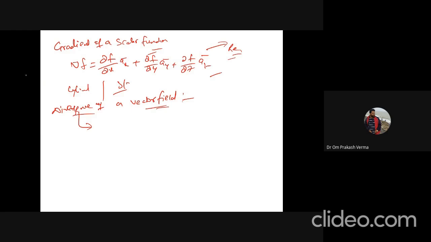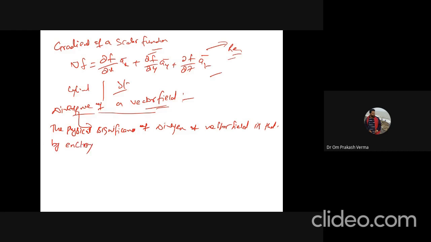What does it express? The physical significance of this divergence of a vector field is this. Listen very carefully: by enclosing a point P within any arbitrary small volume, let's say delta V,